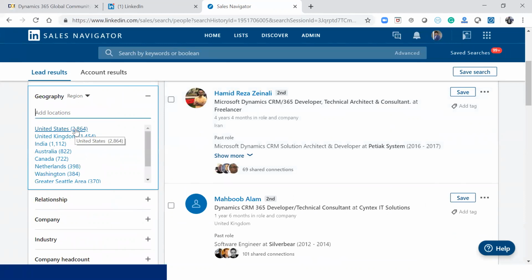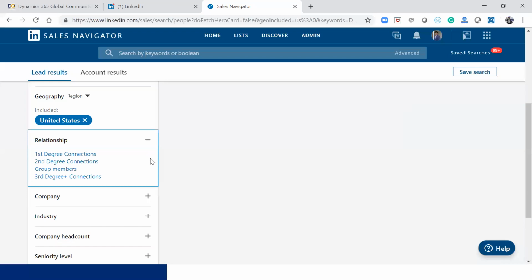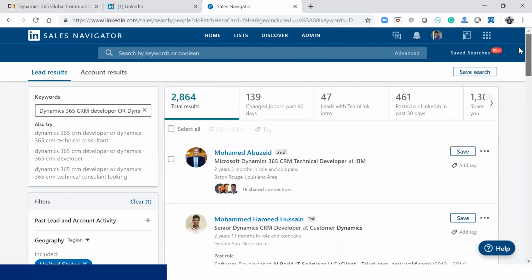If I just want to find only people from the United States, I can just filter it. Or relationship: first degree means they are already connected to me, second degree means they are connected to my colleagues or my connections, and third degree means everyone else who is not connected at all. So I can see that there are 2,864 people who satisfy this